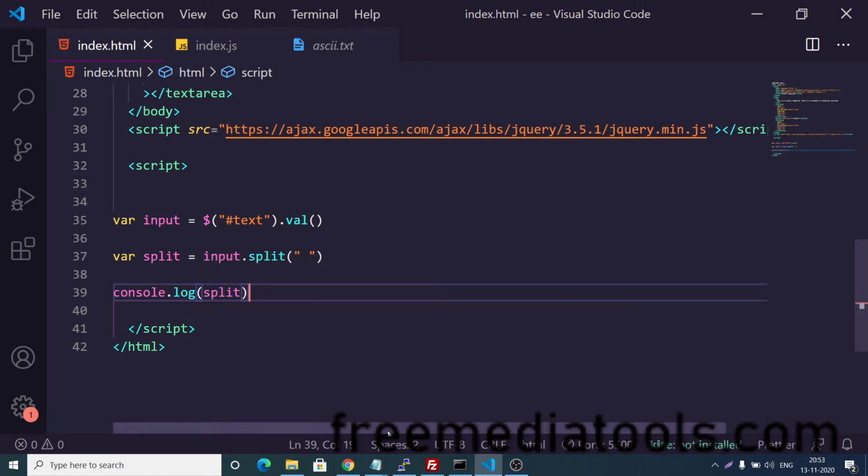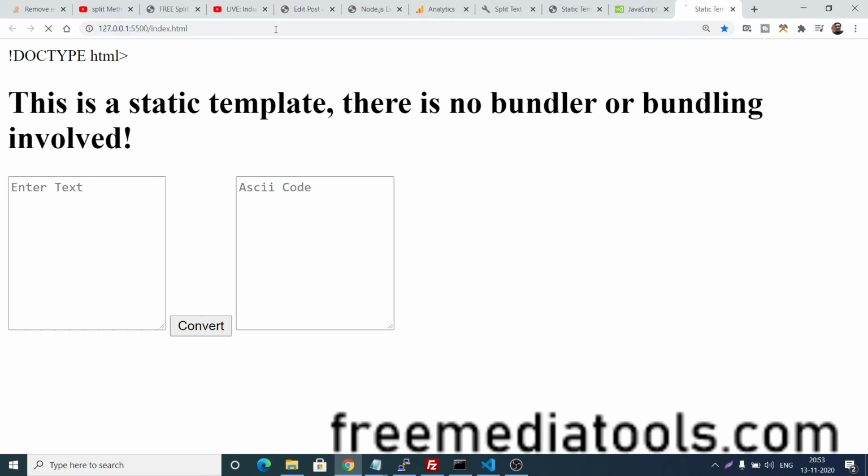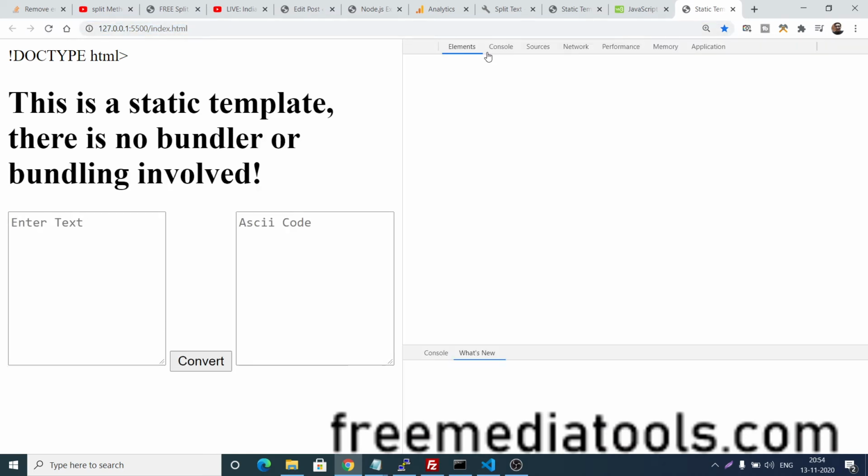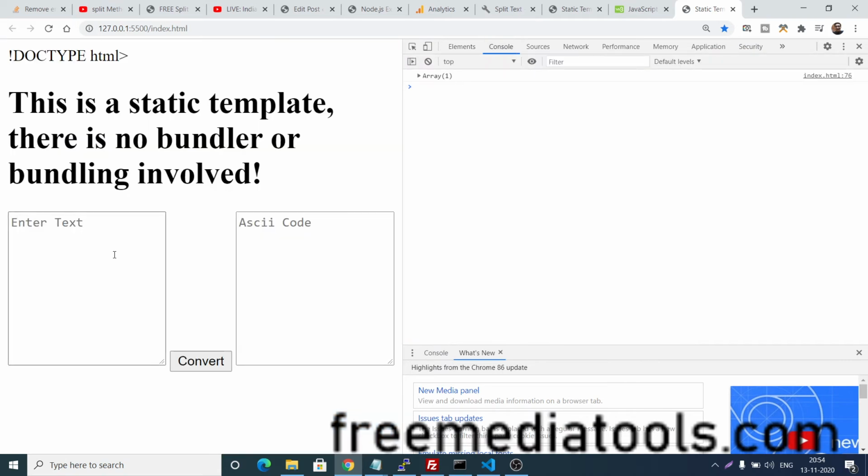If I just console log, and if I refresh here, and right click, inspect element, and go to the console, and if I type here, you will see, if I write here like this, in every space character it will replace it with a new line. And now you will see,